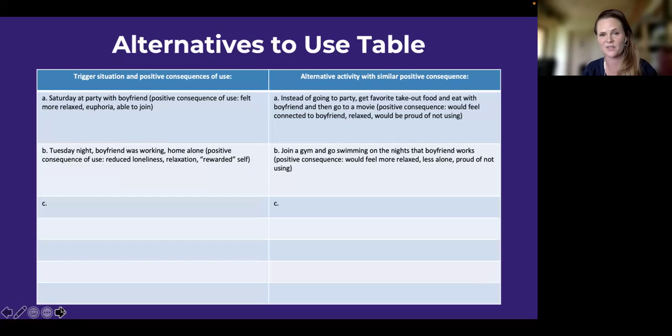So you have the trigger situation and the positive consequence that goes along with it, and then the alternative activity that has a similar positive consequence. I really want to emphasize here, it's not going to be the same in proportion or magnitude to an illicit substance. Those activities don't really exist as far as I know. But what you're teaching them, and you really want to articulate that so that they take you seriously, is that